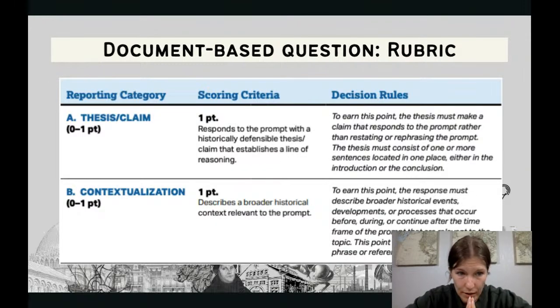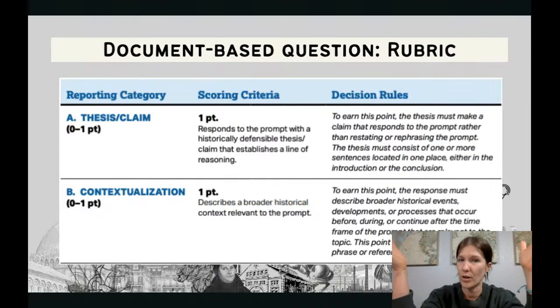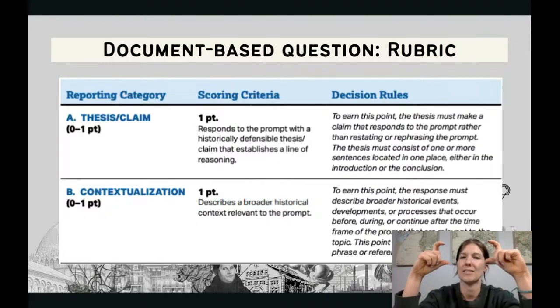So, your rubric for your DBQ. You are going to start out every single AP history essay the exact same way, whether it's APUSH, AP World, or AP Euro. You're going to start out with a contextualization statement. This is situating the events of your prompt in the broader narrative of history. I like to think about it as a "previously on" for a new episode of TV. What do I exactly need to know so that the events of your prompt make sense